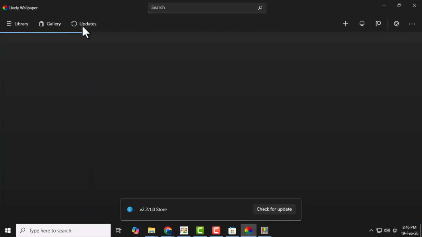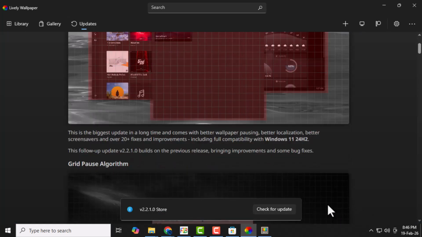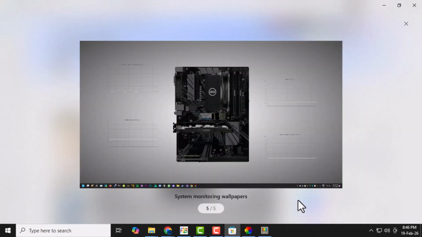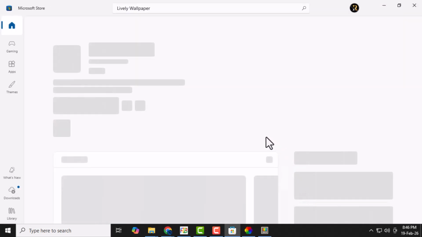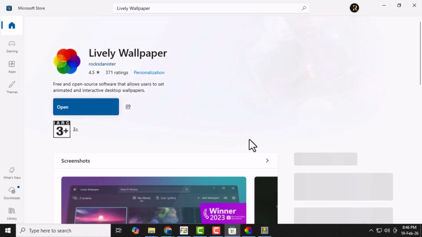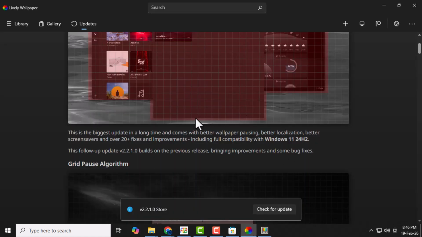Navigating through the app is smooth and intuitive, with clearly labeled tabs and a straightforward layout, making it easy for anyone to customize their iPhone wallpaper in just a few clicks. Whether you're adding a GIF, video, or web page, the process is simple and visually appealing, perfect for personalizing your